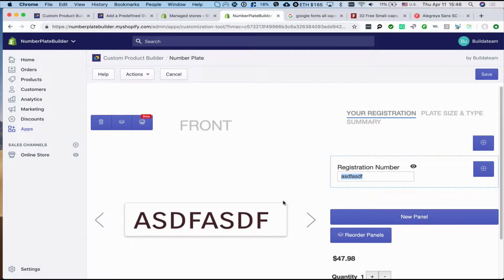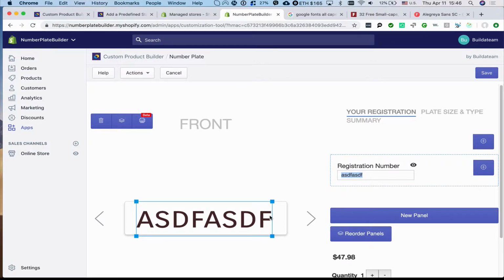This is how we create a text field that can be displayed on your product. It can be a monogram or other text field that you'd like to display on your product. First thing that we need to do after creating a panel is to create a category with the type